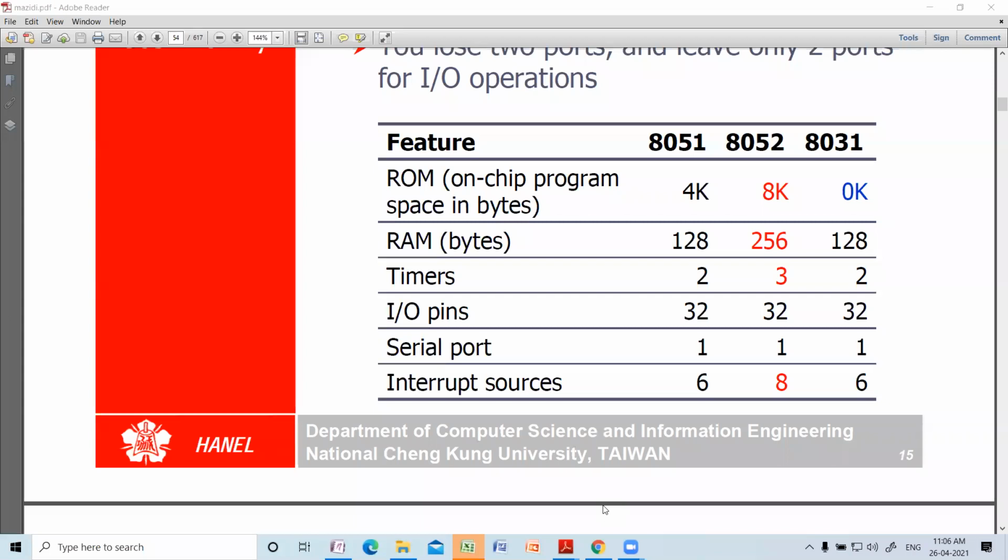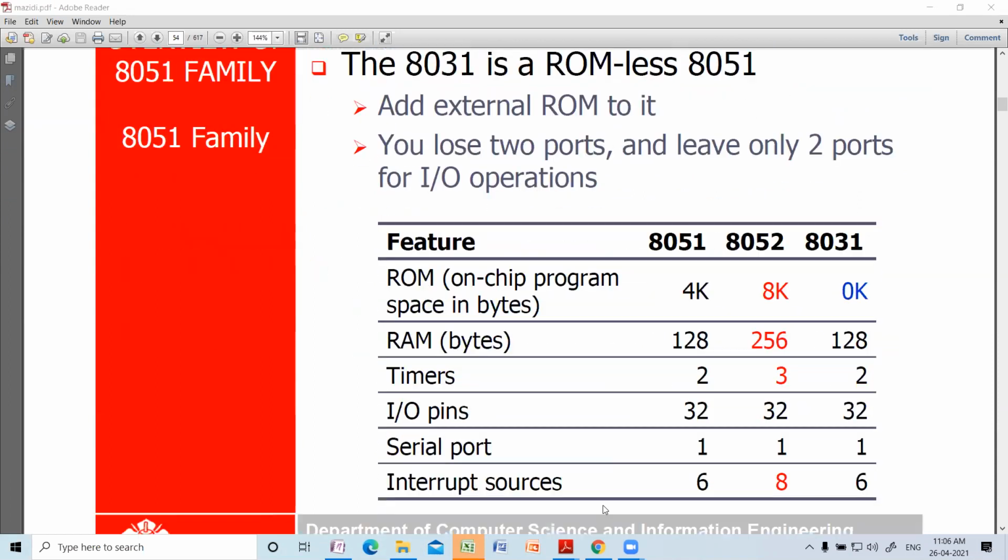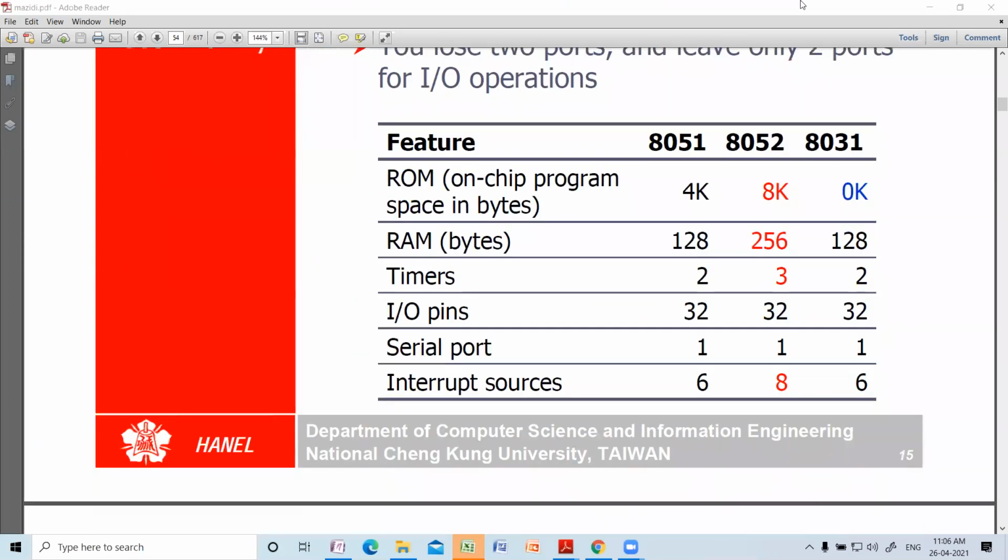In case of 8052, you can see 8K ROM, 256 bytes of RAM, 3 timers, IO pins are the same, serial port is only 1 like 8051, and interrupt sources are 8. In 8031, there is no on-chip ROM, only RAM is there. 2 timers, 32 IO pins, serial port is 1, 6 interrupt sources, the same. Just a comparison of 8051, 8052 and 8031. Just for your information, very important.